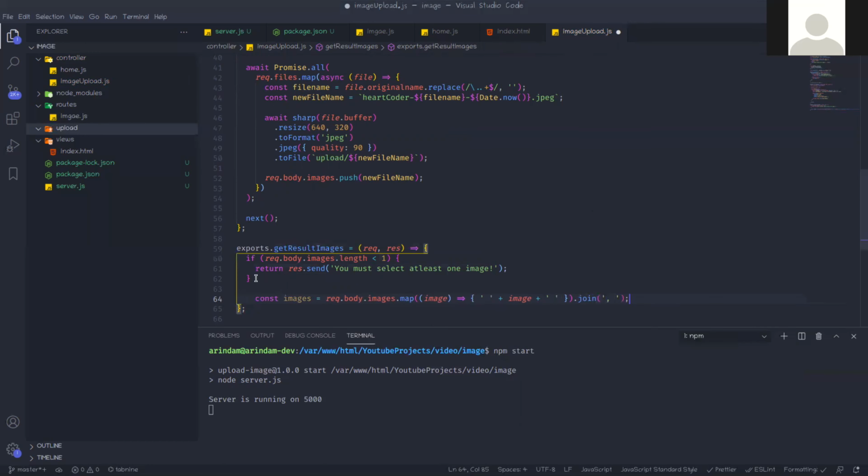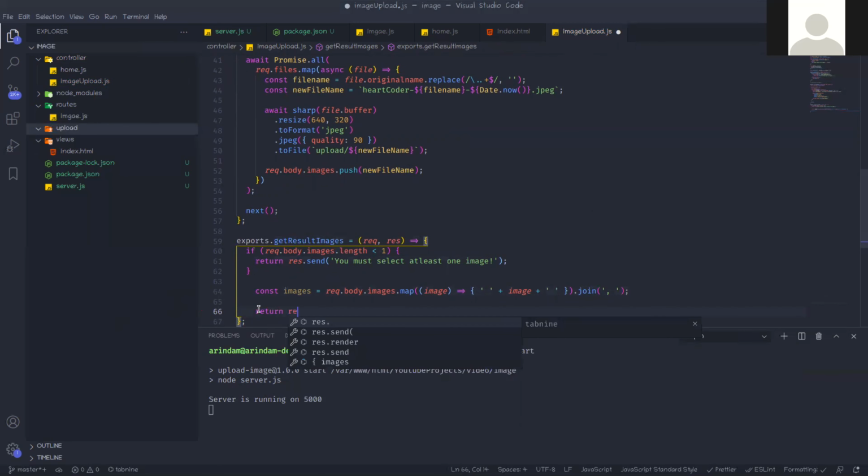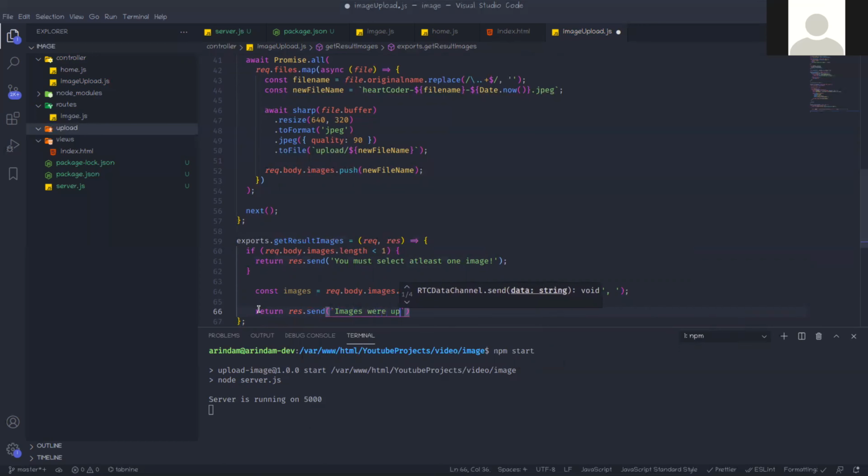Okay, so now we need to send those images. So return res dot send, images were uploaded.